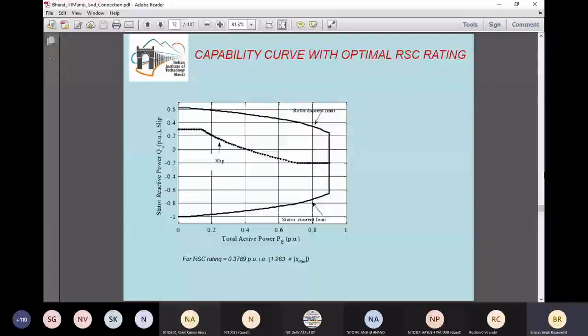So this capability curve is showing an optimal value of rotor side converter, in which the rotor side converter as well as the rotor voltage winding of the DFIG is being enhanced, and hence now we can see the rotor voltage limit is overcome. Only the rotor current as well as stator current limit now remain. So it means the DFIG with power electronic converter is able to absorb the reactive power and able to inject the reactive power. Both of the cases are possible.